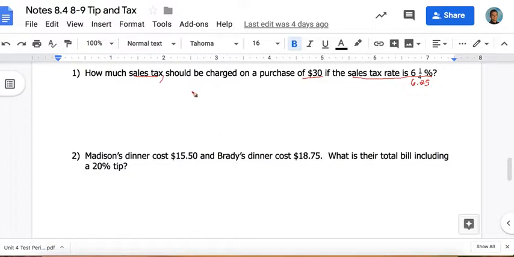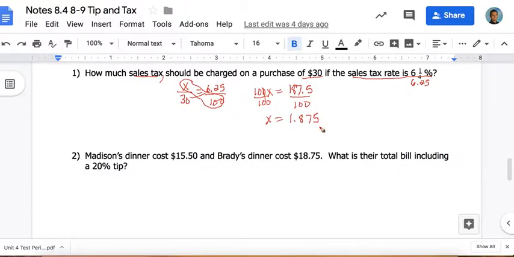So we're looking for the part. So we're going to do x over 30 equals 6.25 over 100. Percent is always over 100. So 100 times x is 100x. 30 times 6.25 is 187.5. The opposite of multiplication is division, so we're going to divide both sides by 100. And we get